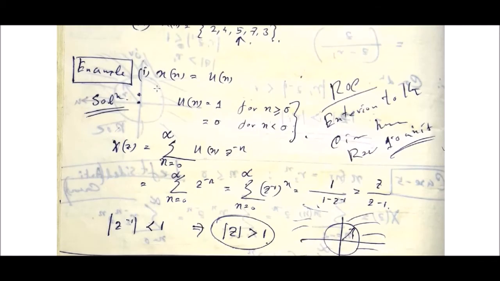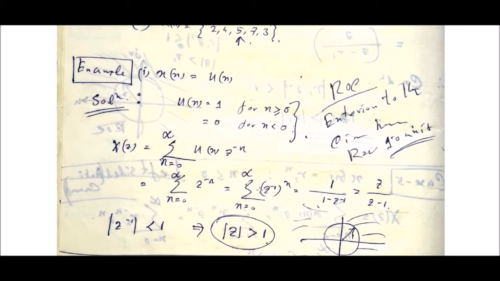Okay, now an example of an infinite duration signal. Suppose it is the unit step function. You know the unit step function definition: u[n] equals 1 for all n greater than or equal to 0 and 0 for all n less than 0. So it is nothing but a causal signal. If you do the Z transformation, all these values will be 1, so it should start from 0, a one-sided Z transform, sum from 0 to infinity of Z to the power minus n.